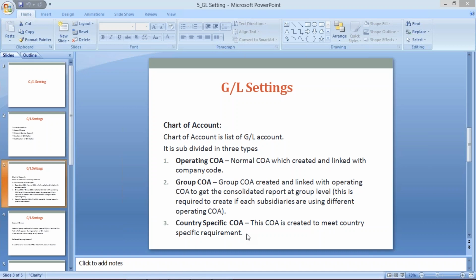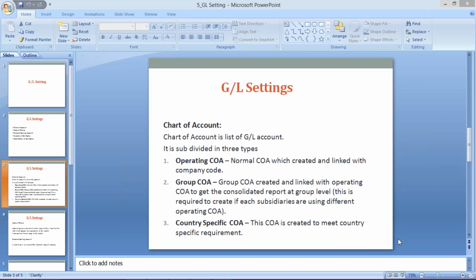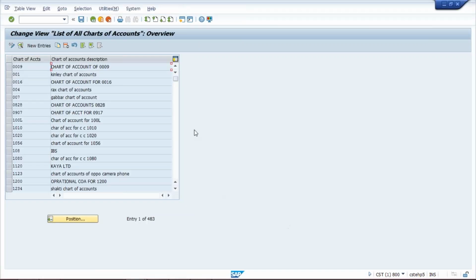Now I'll just let you know how to create chart of account. In order to create chart of account, we are having a transaction code called OB13. We use transaction code OB13. Press enter. Okay, so here click on new entry, since we are going to create a new chart of account,